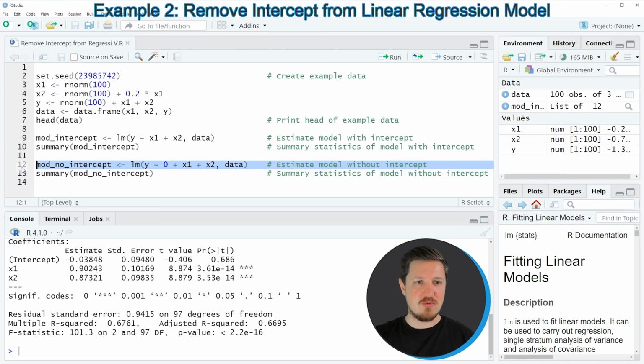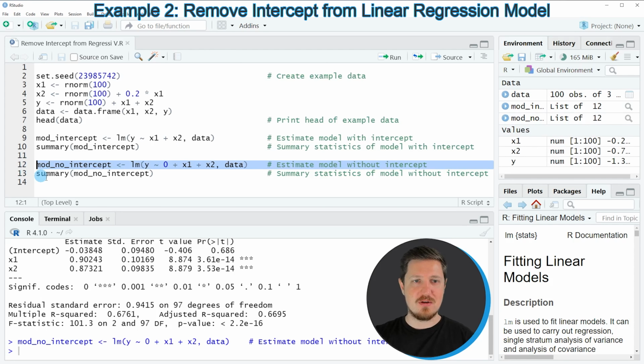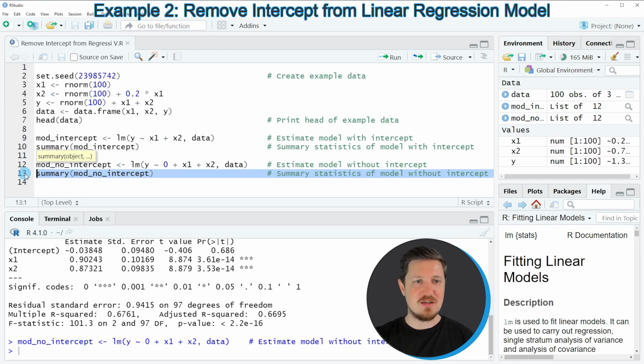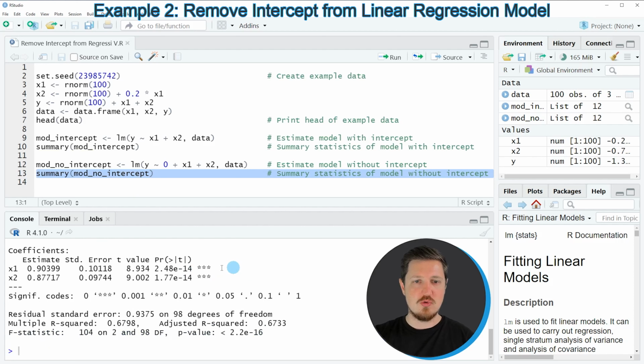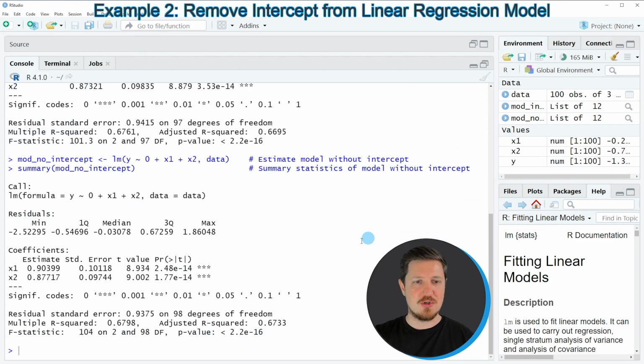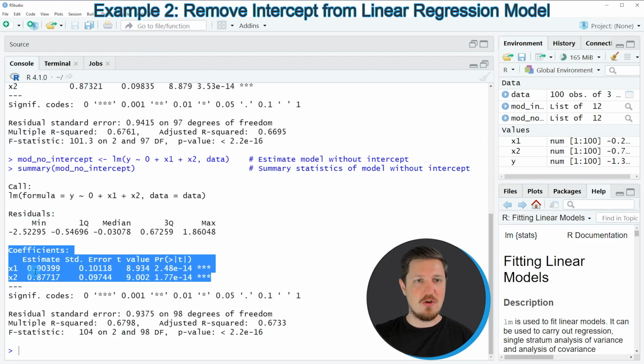If you run line 12 of the code, you can see that another model object is appearing at the top right, which is called mod noIntercept. And if we apply the summary function to this new model, as you can see in line 13 of the code, a new model output is returned at the bottom in the RStudio console. This time, as you can see, no intercept is shown in our estimates anymore.